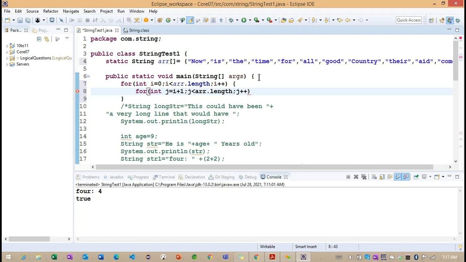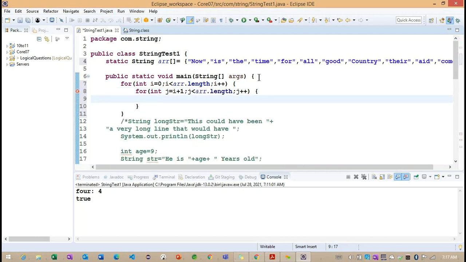So this is the second loop we are creating. Now we created two loops here.